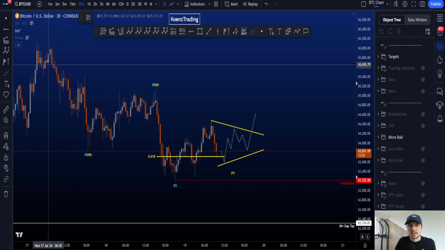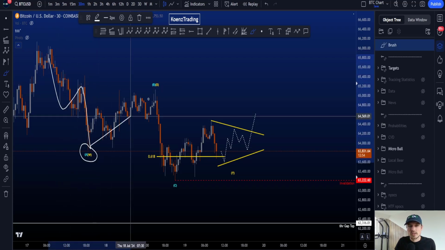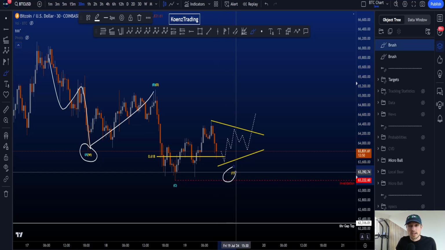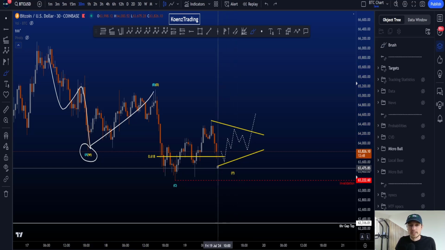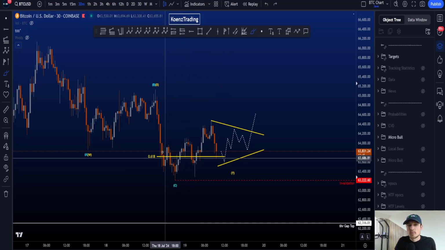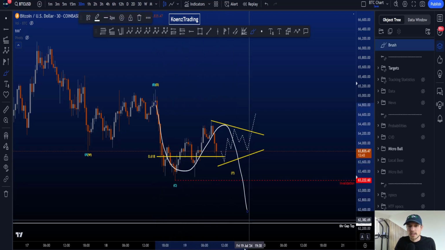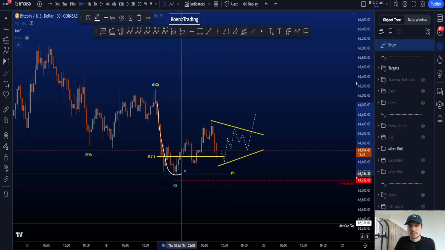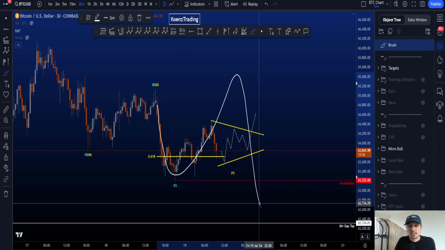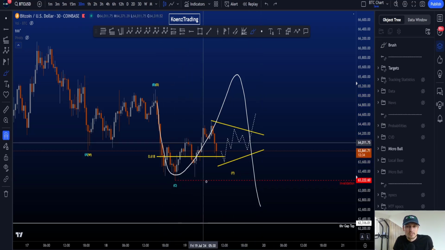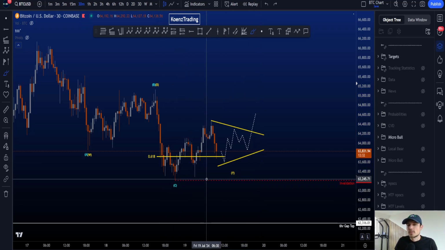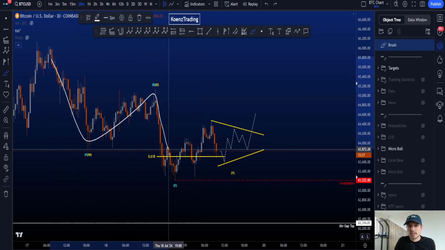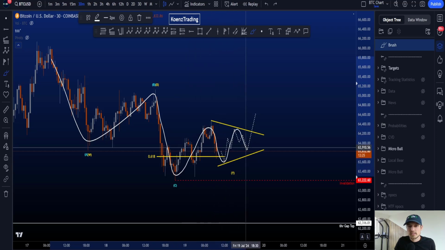But what we're looking for here is an ABC down in your W, then we have X, and then wave Y can either be a zigzag, a flat, or a triangle. Now in this case, if this is your low, we're not looking for a zigzag, of course, in an A, B, and then a wave C. Also, we won't be looking for a flat because then you have A, B, and a wave C still high probabilities to take out this low. So therefore, we need to look for a triangle in a wave Y, where you then have a W, X, and then you have A, B, C, D, E